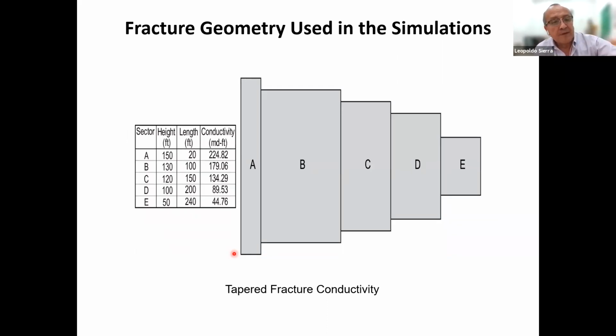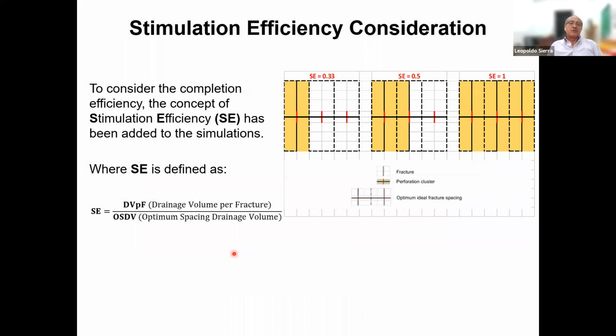For our fracture simulation, we use this type of tapered fracture conductivity, and we're using this type of geometry in the simulation. In addition to that, one important parameter to consider, especially for productivity and also for recovery factor in unconventional reservoirs, is what the industry calls the stimulation efficiency. The stimulation efficiency in this case is mainly related to, like I'm showing here, if we have a stage